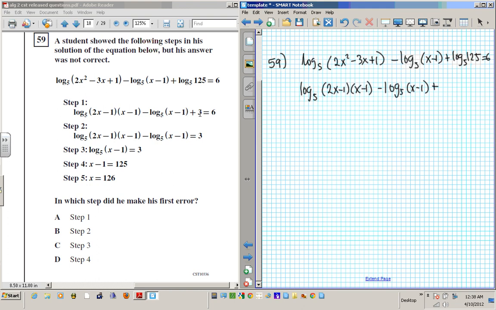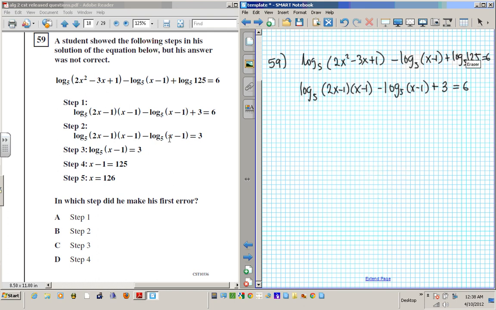Now he changed this one into a 3, is that correct? Well, what is log base 5 of 125? So careful. 125 is 5 to the third, right? So these two cancel out, so that's perfectly fine. This is 3 equals 6. So step 1 is good. Now step 2,